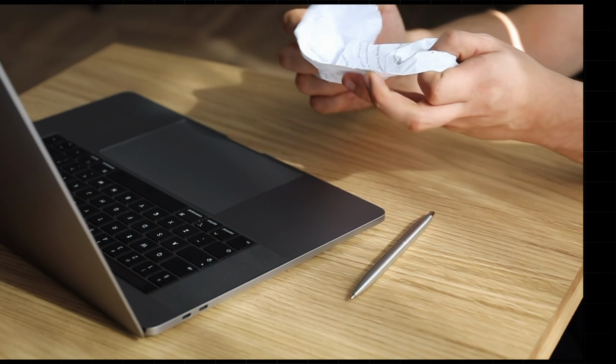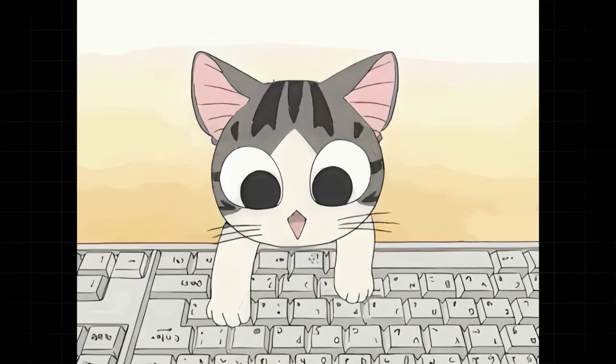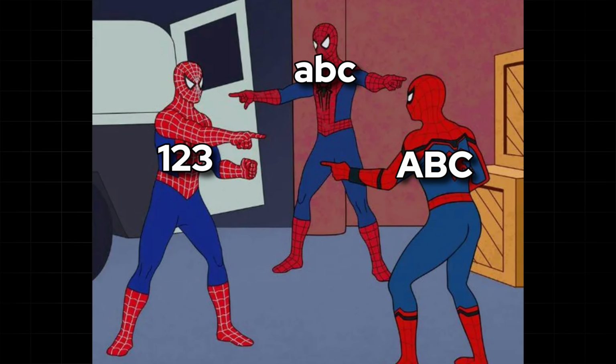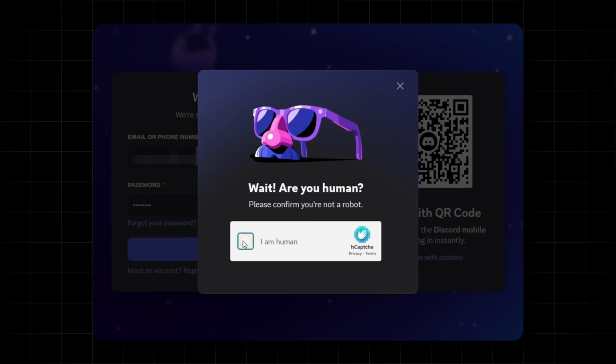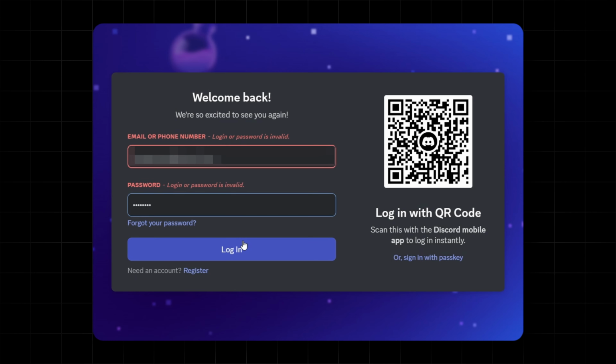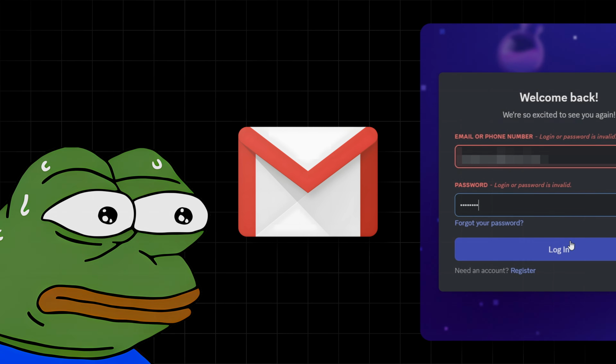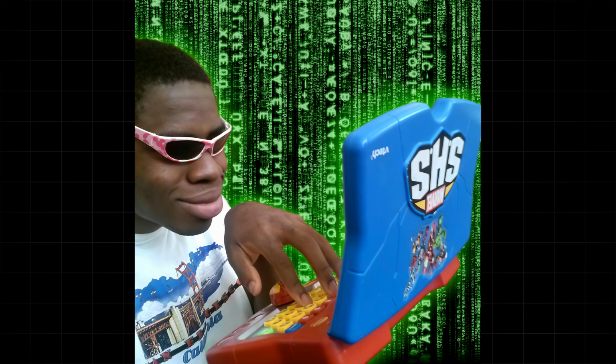Last month, I got into some problem. I was trying to log into my Discord account, but for some reason, I was unable to log in, and I mostly use similar passwords for all my accounts. So when I was unable to log in due to an incorrect password, I was scared that my email was compromised and someone had changed my password.